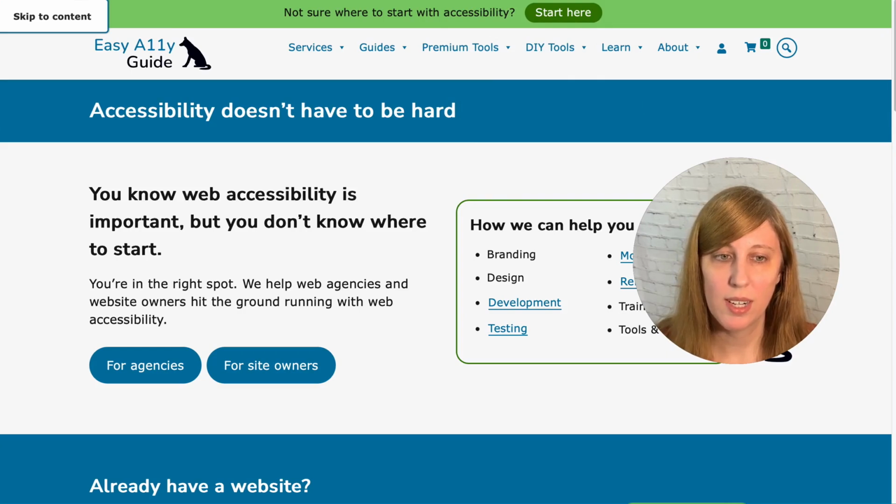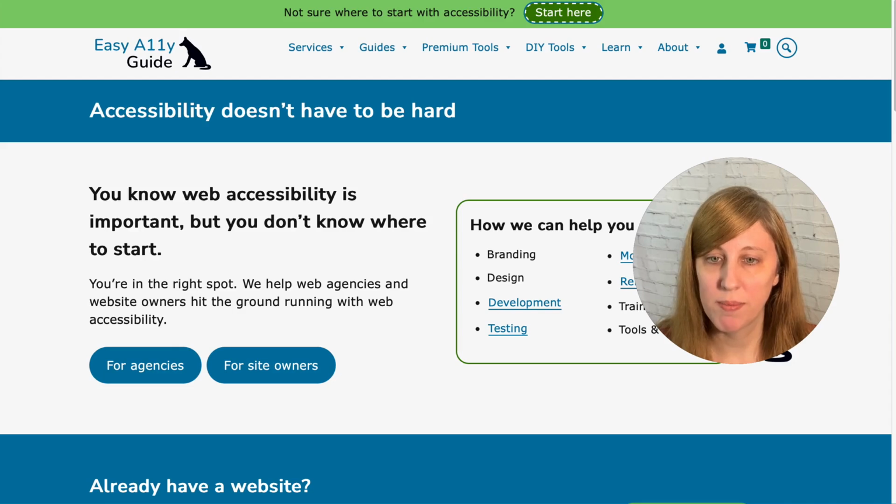Here we are on another site, the Easy Ally Guide. We have a skip to content link that's currently highlighted, and then we're moving on to another element. This uses a double outline, a blue outside and white dashed inside. The dash can really help to illuminate things, especially when either the blue or white fails with the contrast of a specific element.